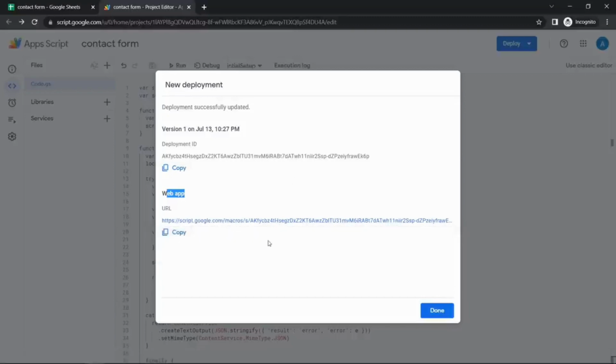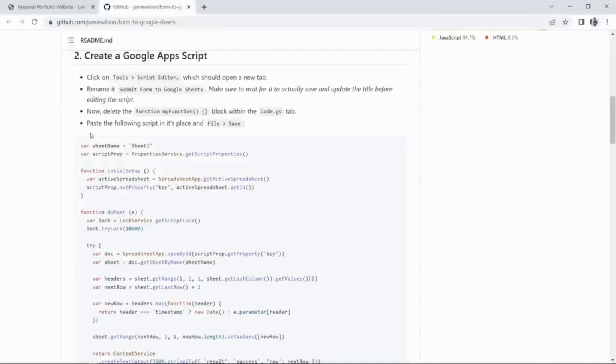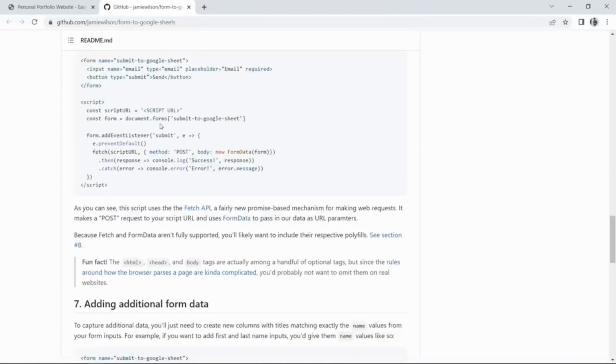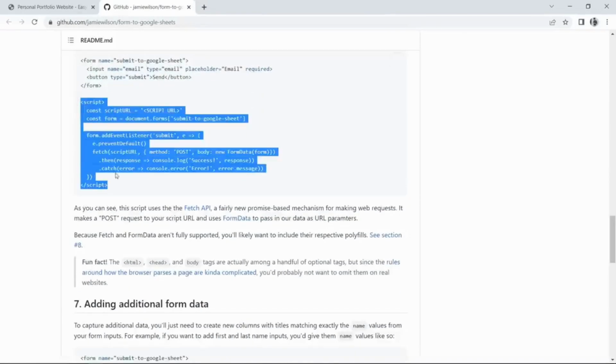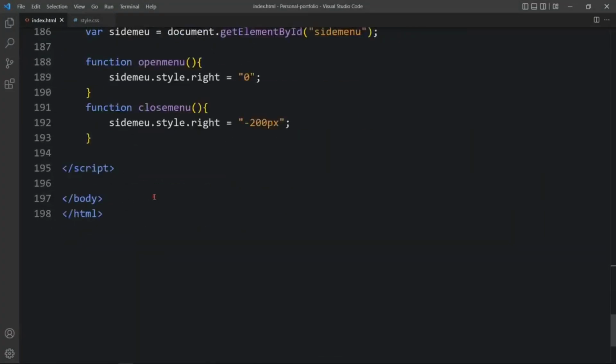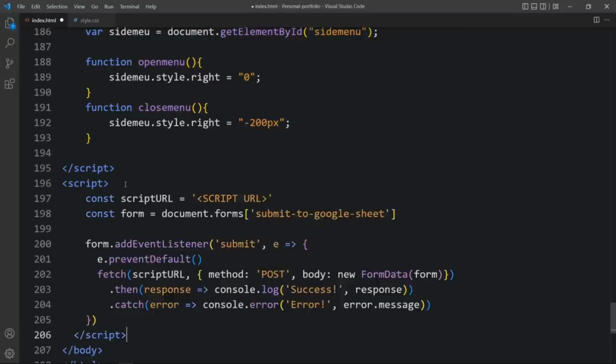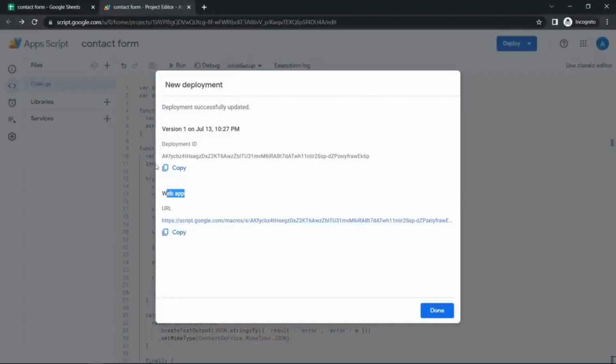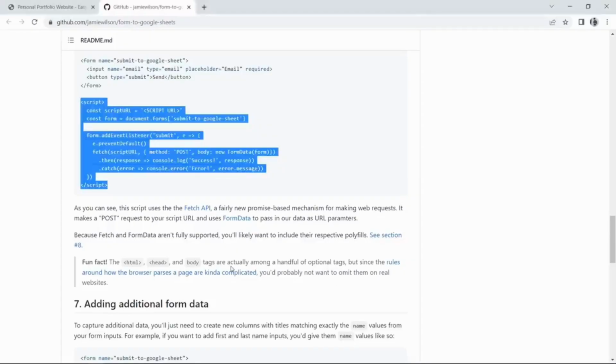So now again come back to the GitHub link and scroll down, and here you will find this script. Just copy this script from this web page and add it in your HTML file. Let's come back, and in this HTML file, just at the bottom above this closing body tag, I will add this script like this, and here you can see the script URL. Here only you have to add the URL that we got from the app script. Just copy this URL and paste it here